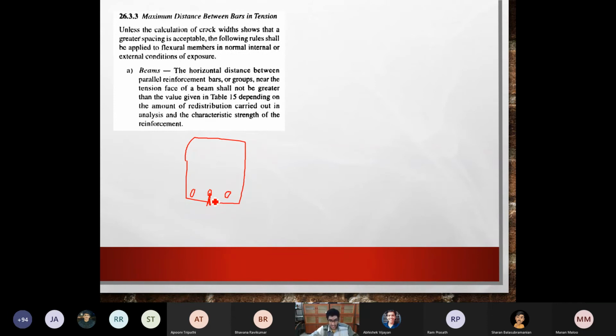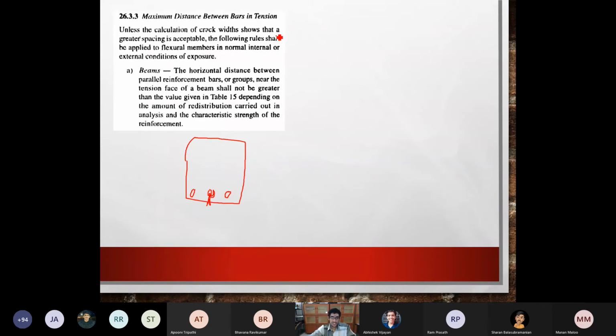It will have to find a way around the reinforcement in order to proceed up, which is not such an easy thing for the crack to do. Going around the reinforcement requires more energy. So if you have properly spaced reinforcement, it will actually arrest your cracking a bit. To an extent, of course, if you load it too much, it will go around the reinforcement and crack. But to an extent, it will arrest the cracking.